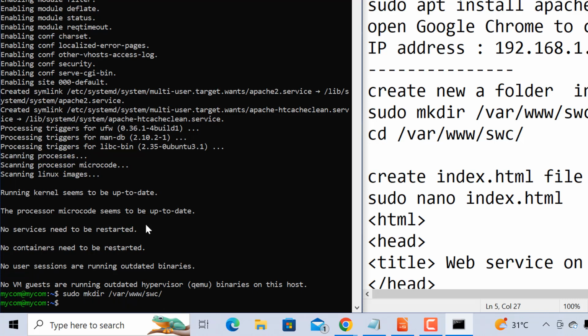Then we're going to go inside the directory, run the command cd